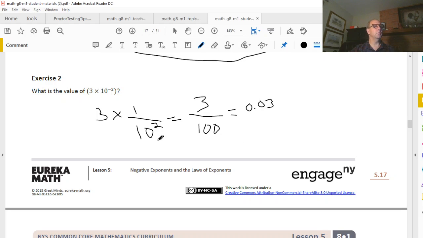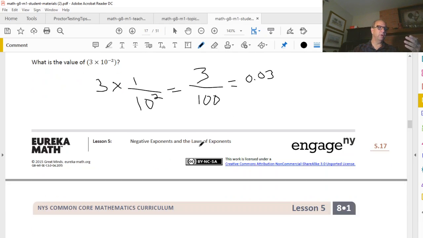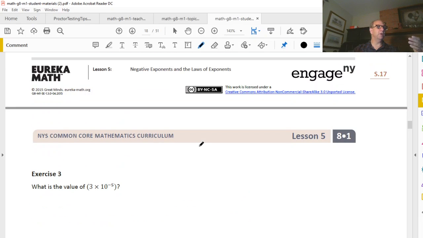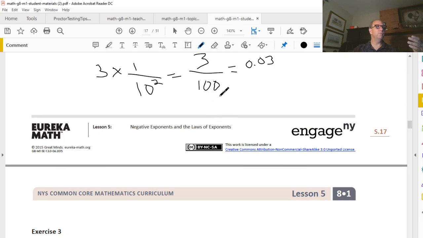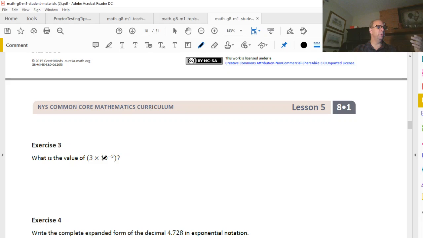0.03. Right? So you may remember in lesson 4, we did exponential notation of big numbers. Now we can do exponential notation with decimals. So 3 times 10 to the negative 5th would be 3 over 10 to the 5th. And 10 to the 5th is just 10 times 10 times 10, 5 times. And the shortcut to that is just say there's 5 zeros. So that's 3 over